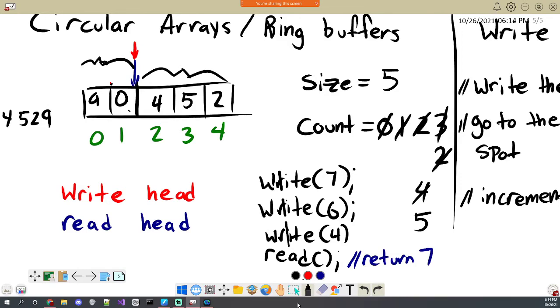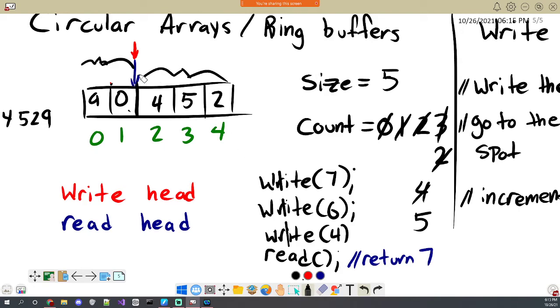Right, yeah, so I get a response: at the start, you're right. Consider when we started the array, it was completely blank, it had nothing in it, but the read head and the write head both started at 0 because we want to start reading and writing at the beginning. So just checking if they are on top of each other is not sufficient, because that's true both when it's empty and when it's full. And actually, just to clarify, it's not just at the start, but at any point where the array is empty.